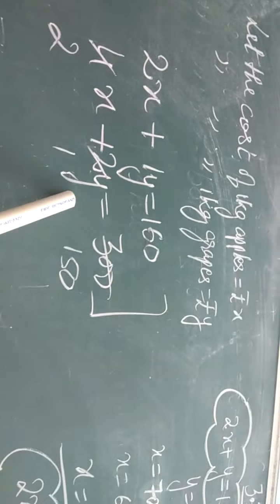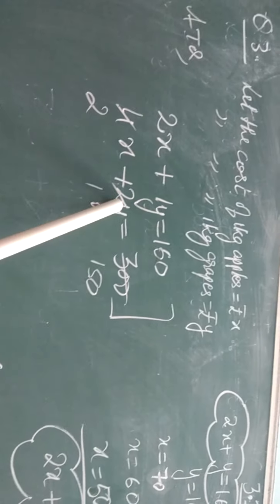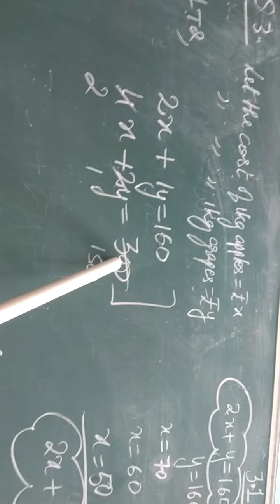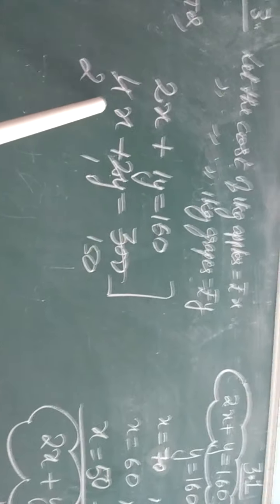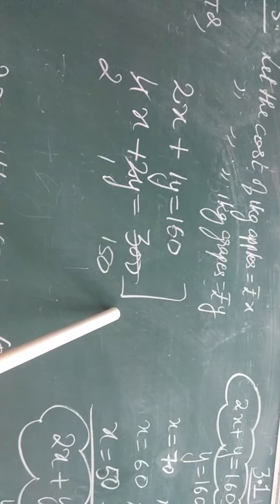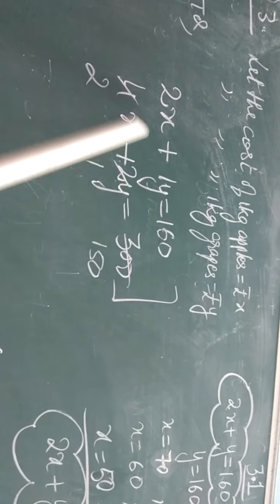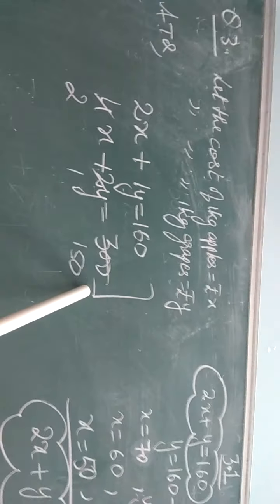But as I told you, dear students, if in any equation all the coefficients and the constant term are multiples of any common number, then we can cancel out the left hand side as well as the right hand side. So as 4, 2 and 300 all are multiples of 2, we can cut them by 2. 2 2s are 4, 2 1s are 2, and half of 300 is 150.